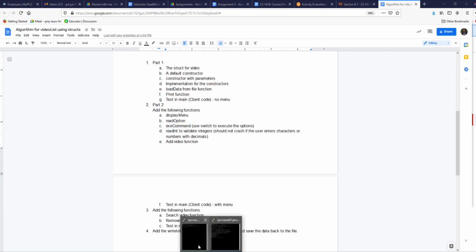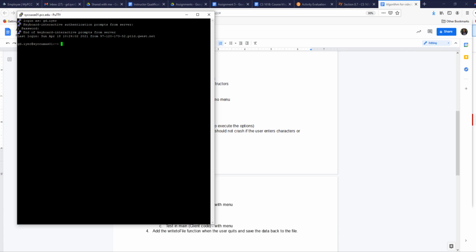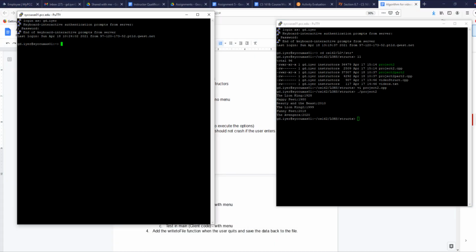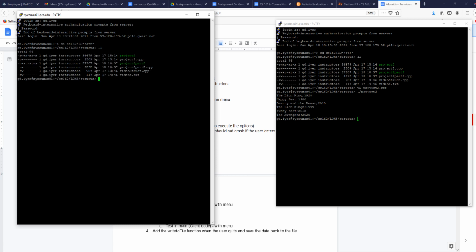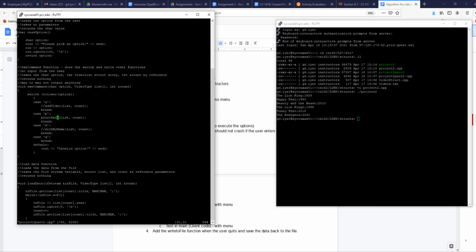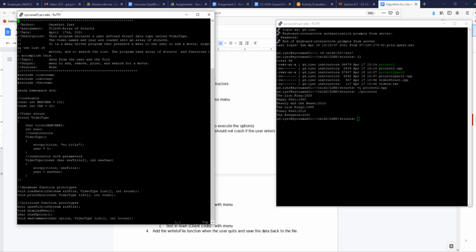Okay, so I've already done some of this. Let's take a look at what I have and then we'll write more code. So on this left-hand side window, I'm going to go back into my folder structs. And in here, I have a project2 part 2. So if we go to project2 part2.cpp, and if we go right in the beginning, there's the same thing continuing from project 1, but the difference